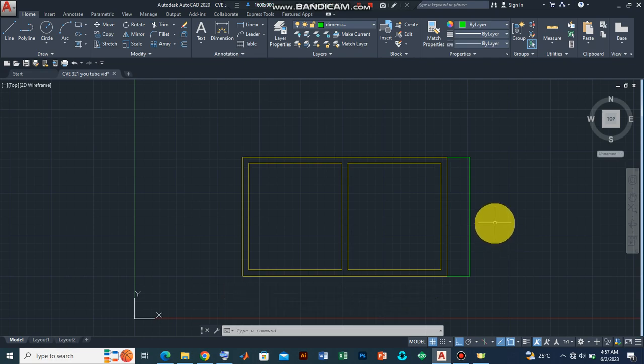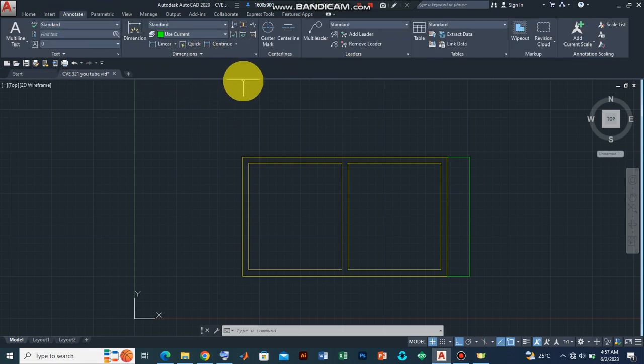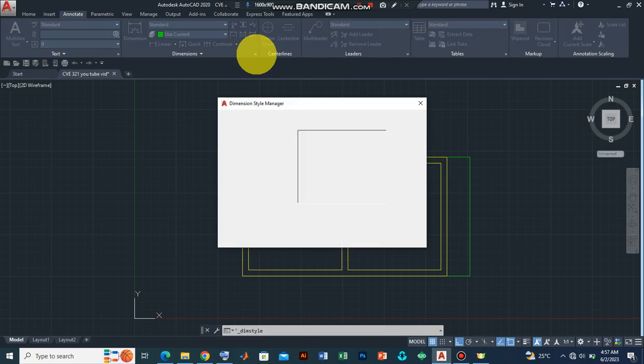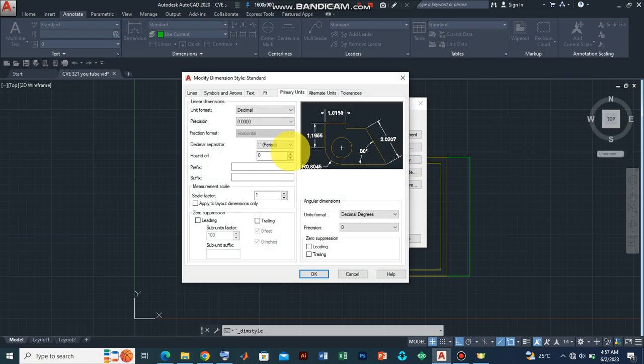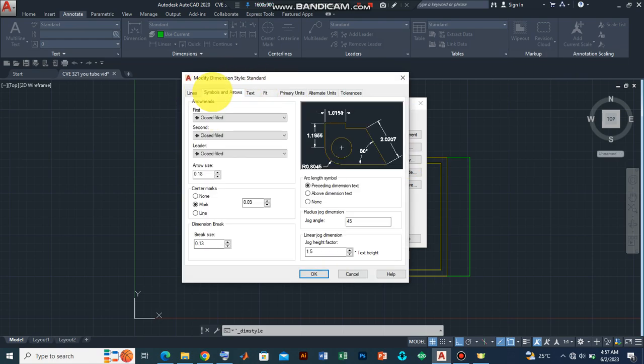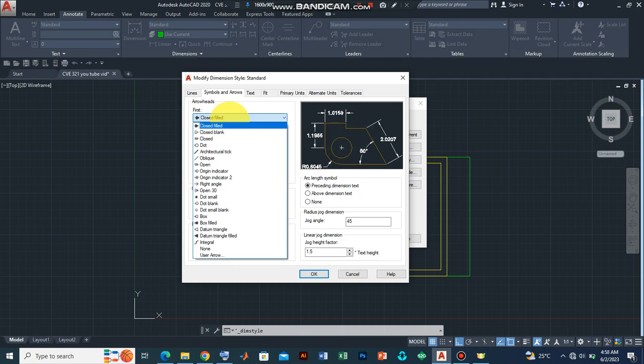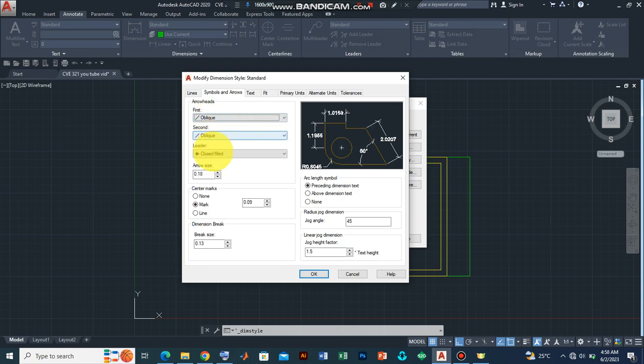And so we could source it two ways. Either we get to the annotate button, click on this arrow here, a dialog box is expected to appear, and in order to make adjustments, there's a template here. In order to make the adjustment, click on modify, and from the modify button, let's first start with the symbols. Let's adjust or change the arrows. Let's use oblique,